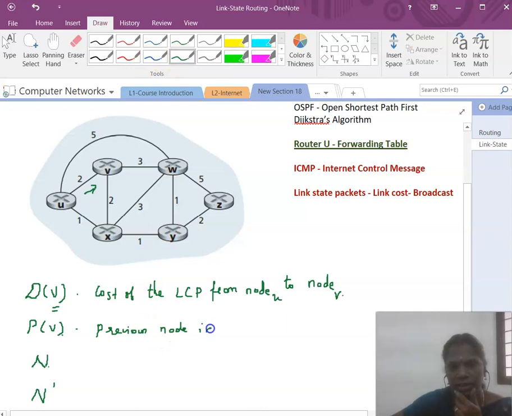Previous node in the least cost path. That's it. So N is nothing but the total set of vertices, the total number of routers in the entire subnetwork. And N prime is nothing but a subset of